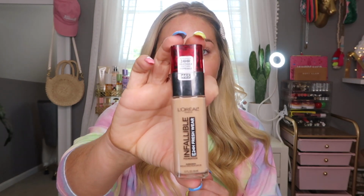All right, now for my favorite part. You guys, y'all have heard me rave about this. It is so good. I have quite a few high-end foundations, and I just keep going back to L'Oreal's Infallible 24-Hour Fresh Wear Foundation. This is so good if you like a satin finish. The best part about it is it lasts so long. You could go to sleep in your makeup and wake up the next day. I don't have great skin, and people stop me and ask what I'm wearing all the time. So I take 2 pumps in my hand and put it all over my face, and then I'm going to go in with a damp beauty blender